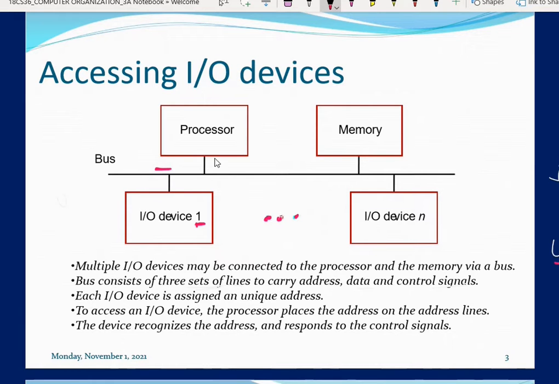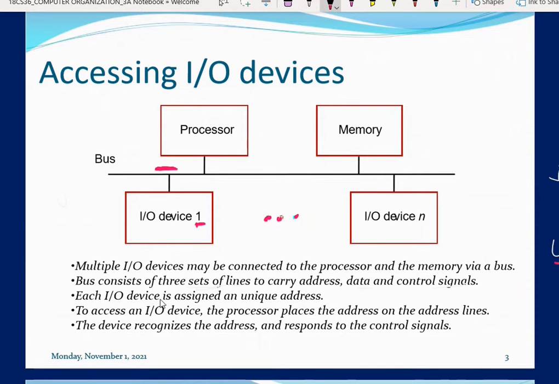As soon as the particular address is placed on the address bus, all the devices check that address, and whichever device recognizes the address and matches it with its own will start responding to that query. Whatever operation is requested by the processor, it is going to start answering that operation. That is how IO devices are identified.